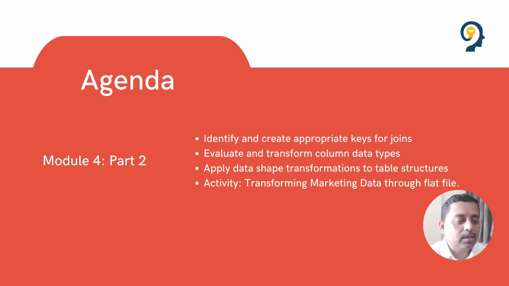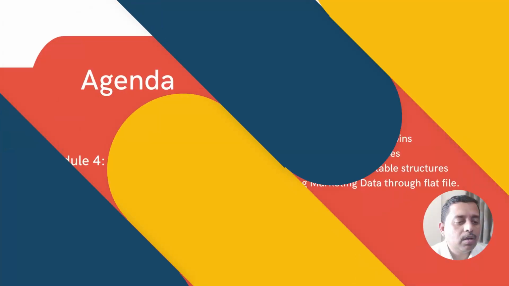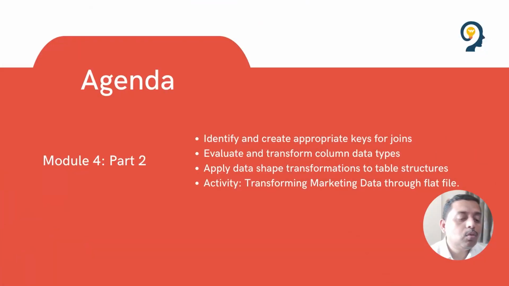So just to recap, in our last module, last section, we talked about the null value, how to use data quality features and rules to deal with the null value issues. And then we saw how we use value replacement features. So now in part 2, we will be talking about the transformation and through a different type of activity that we are going to see. What are the activities over there?